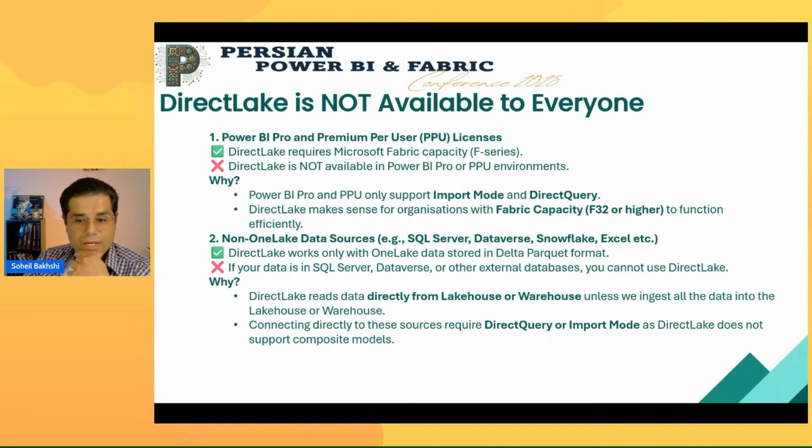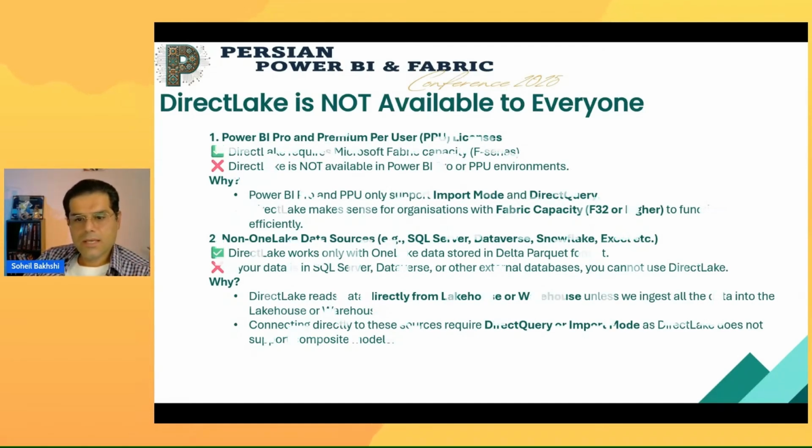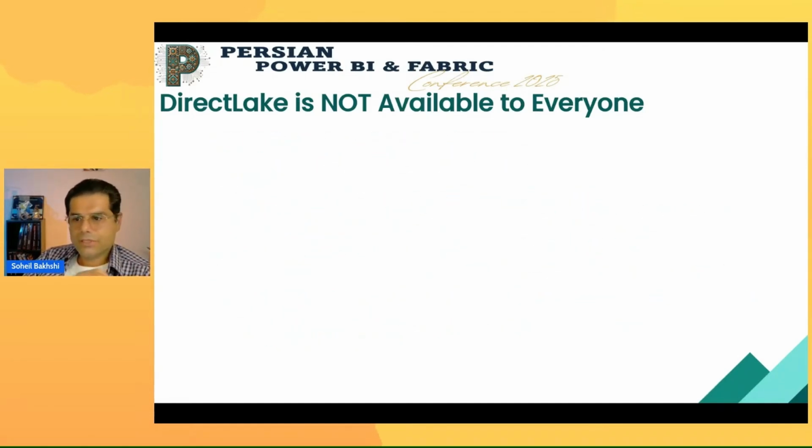And connecting directly to these sources requires DirectQuery or import mode, as DirectLake does not support composite models. So again, composite models are not supported. And we also are limited to only one data source, right? So if we have multiple data sources, it is not supported